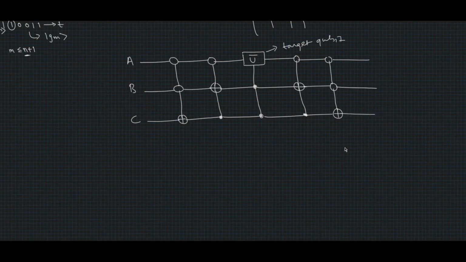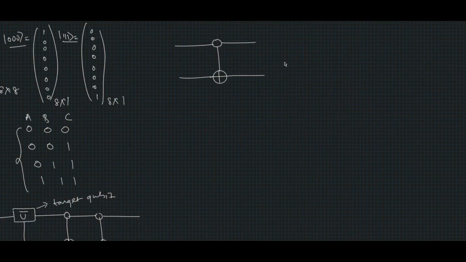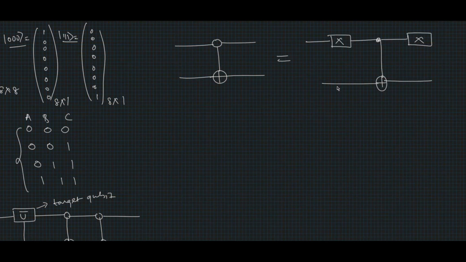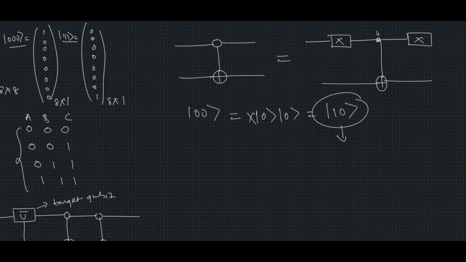Now first of all, let's see the working of the circuit with the circle, which is given by this symbol, which is equivalent to this quantum circuit. In order to understand how this circuit works, let's start with the 00 state. When 00 operates here, the X gate is operated on the first qubit, which gives us 10, and this 10 is operated by a CNOT gate, which gives us 11, and here again the first qubit is operated by the X gate, which gives us 01.